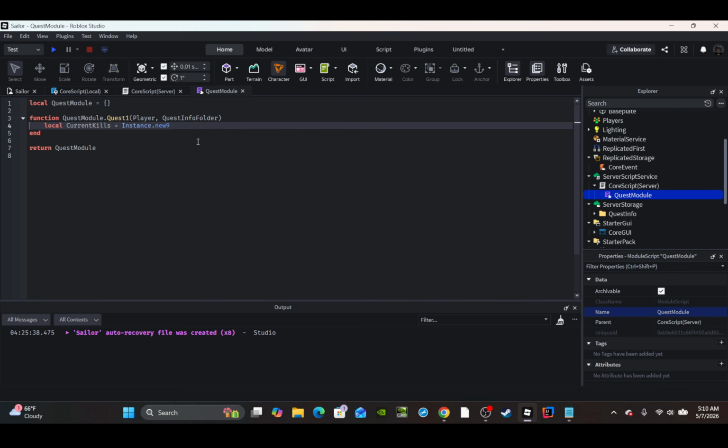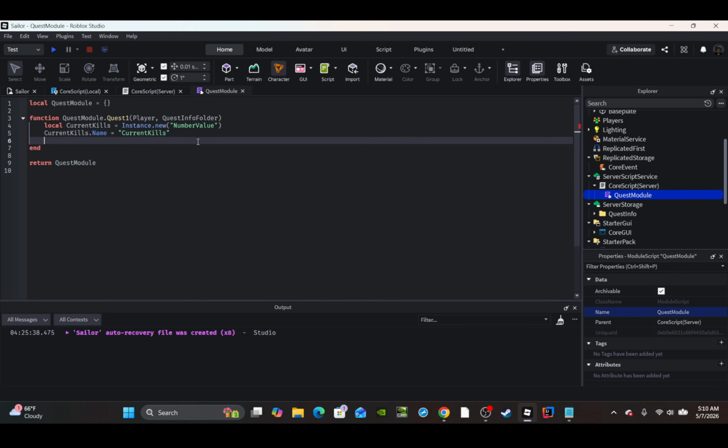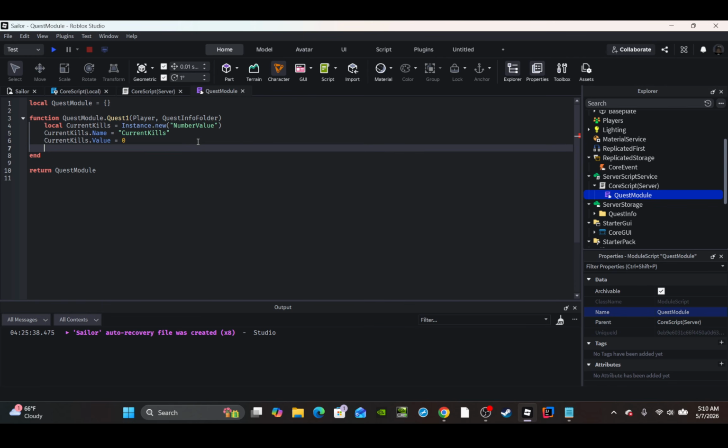Of course, this is going to be a number value. So we have current kills. That name is equal to current kills. Current kills dot value is equal to 0 by default. Current kills dot parent. You should parent this to the player's quest info folder, and then you can go on